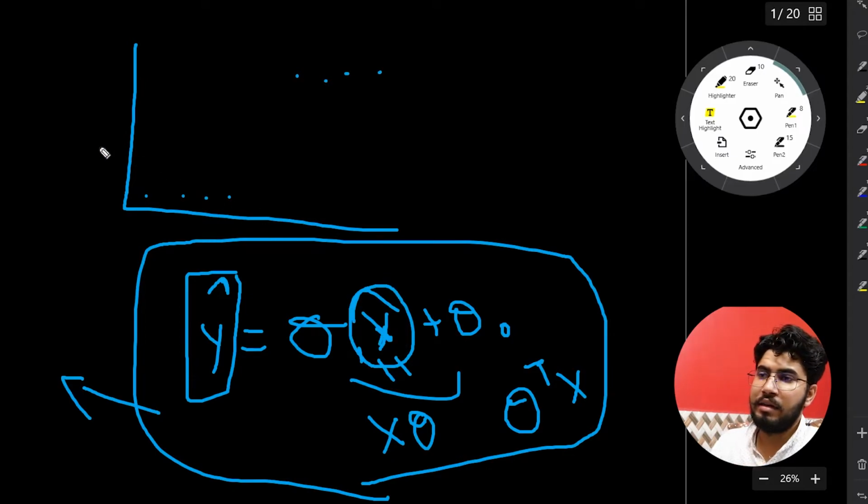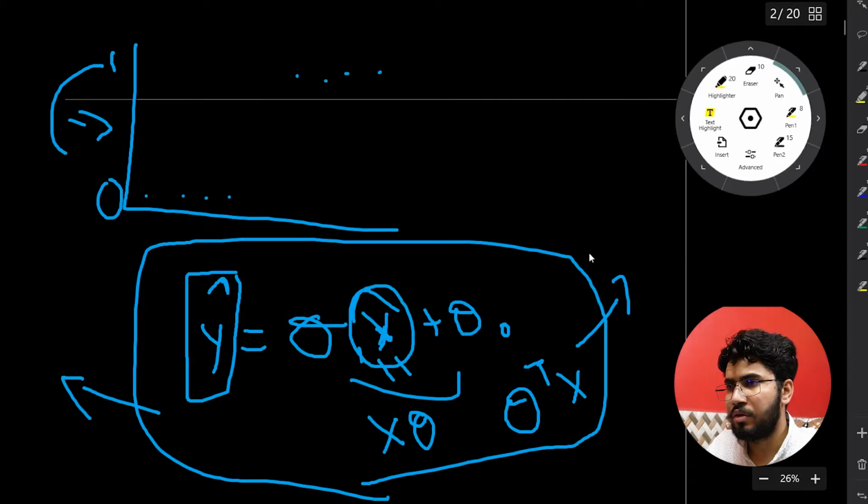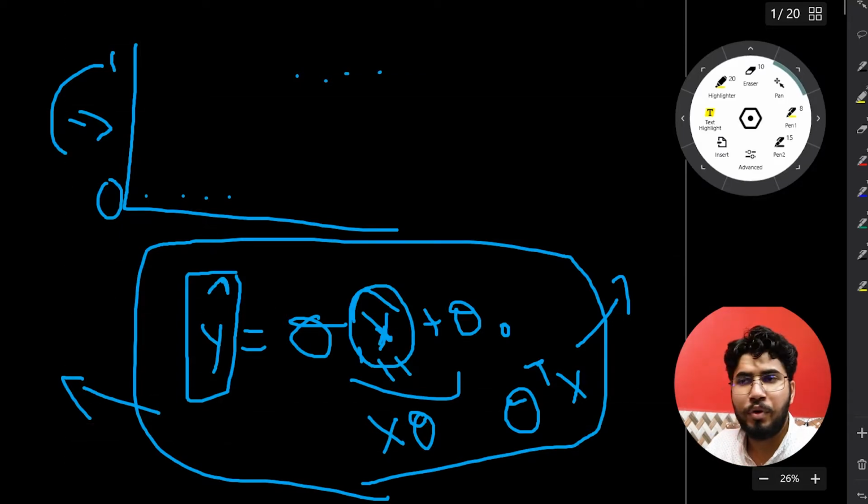But our logistic regression is a binary classifier. It means it can only classify into two classes, in this case 0 and 1. So let me come back to my previous point. Using this formula, we can generate any kind of output. So how can we limit that output to only 0 and 1? For this, we are going to use a sigmoid function.